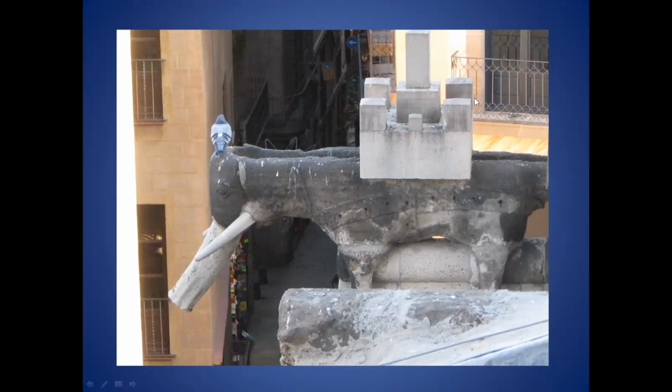This part, the castle, where you would find soldiers in some paintings and things, and we'll see that in a bit, looks like it was restored. So too are the tusks and the trunk. But what would happen here is the water would come out through the elephant's trunk. The elephant, too,